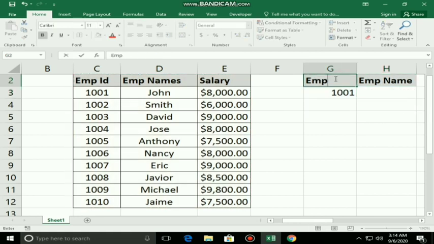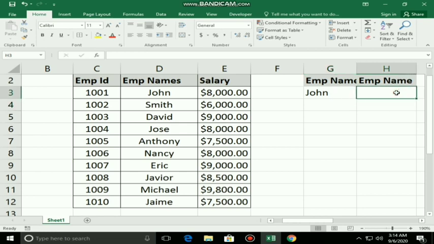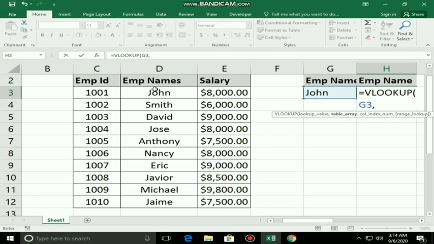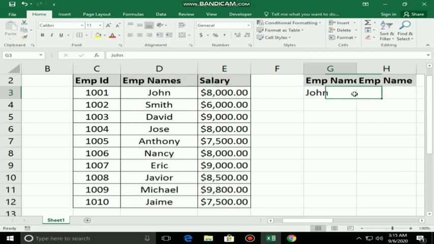If I am using employee names as my lookup value, then I should select from here. Whatever lookup value you are using, that lookup value should exist in the first column of the selected range. This is what we have to keep in mind, and this is drawback 1.